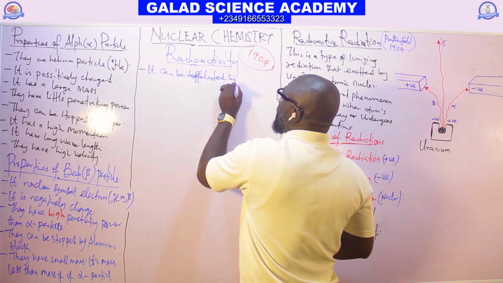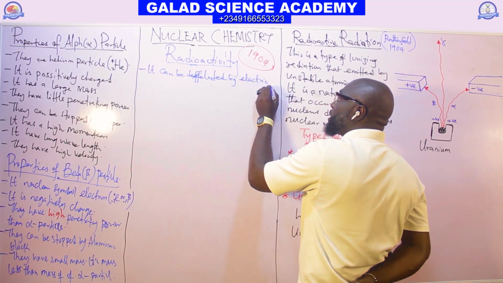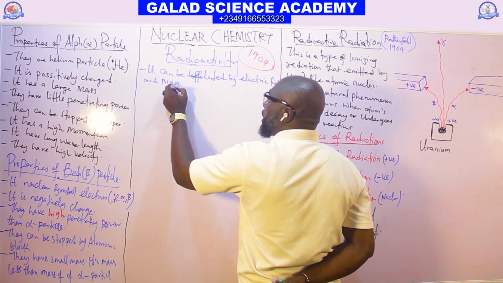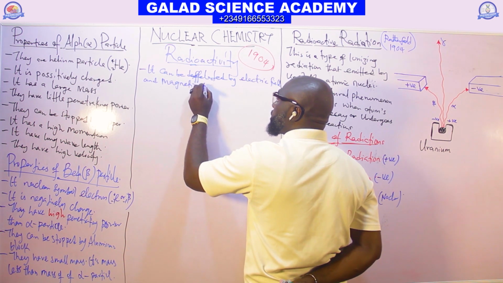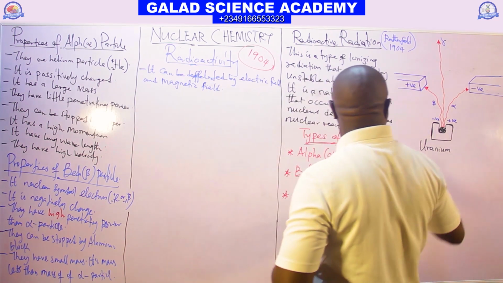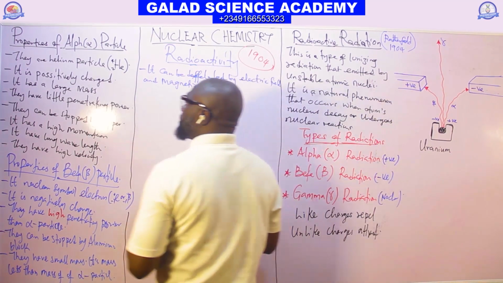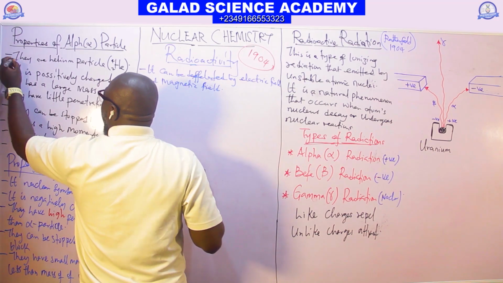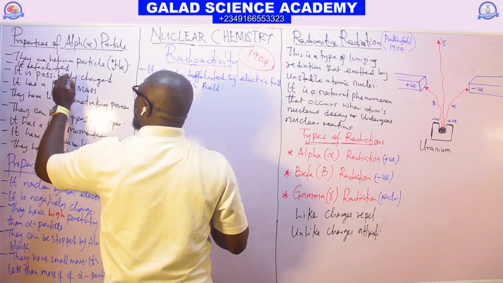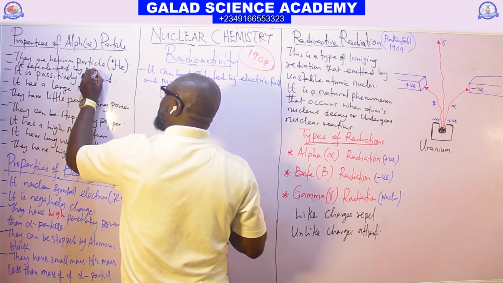Deflected by electric field and magnetic field. So when you place it in a magnetic field, it will be deflected. The same thing applies to alpha. Let me add it to alpha here. Alpha particle is also deflected by magnetic field